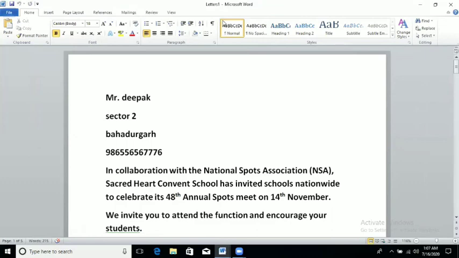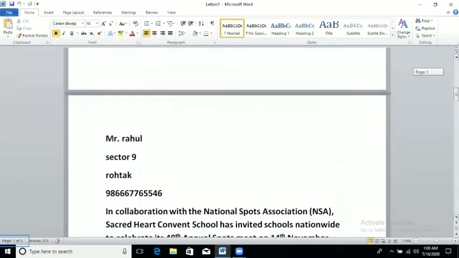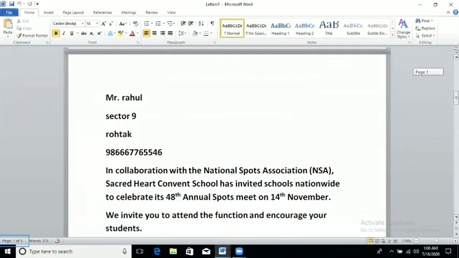Now you can see in the status bar that there are 5 pages in total. This is my page number 1. This is the first record, Deepak's record. In the next one, Rahul's record is there, with the same message.